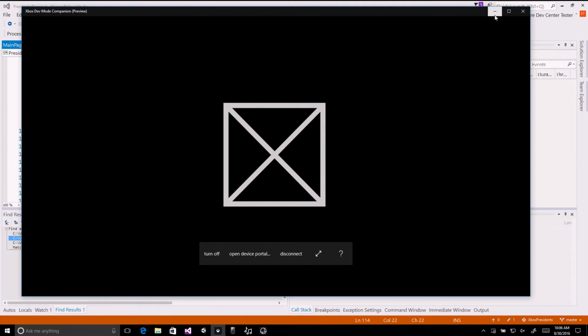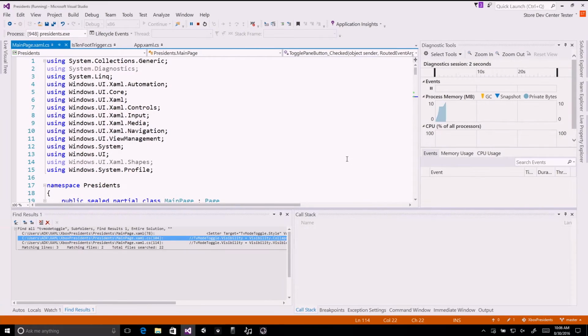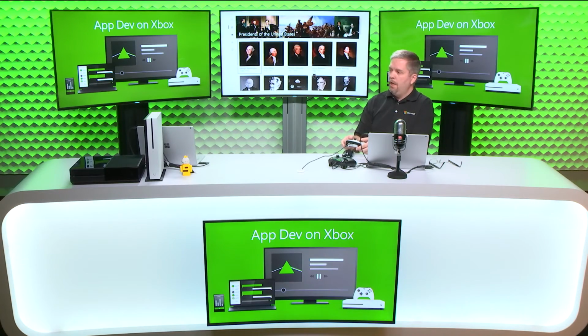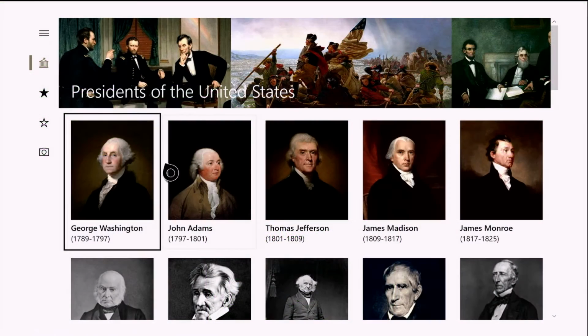You can see that it's actually deploying. But I'm not going to use that right now. Let's switch over to the Xbox. And you can see, here is the app running on the Xbox. And the first thing you'll notice is, hey, why does that cursor look like that? It's like, that's not what I meant. It's trying to simulate a mouse for me. And this is the default behavior